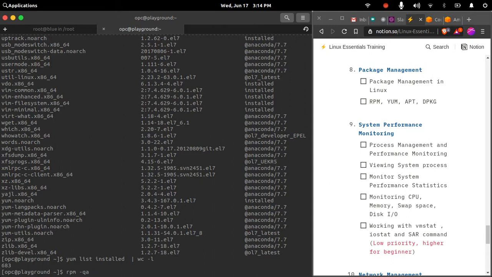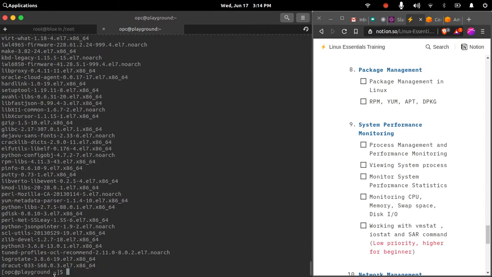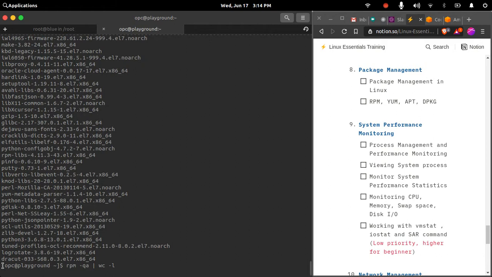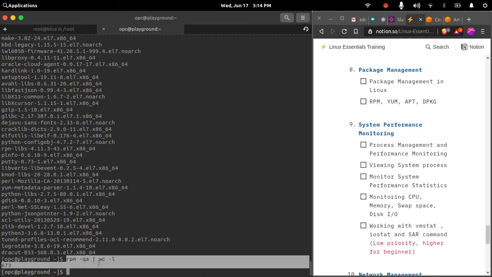So rpm -qa will query all the available packages on this system. If you see, by those options qa, I am able to query all the available installed packages, and similarly I will do a word count -l. So I will get a number around 600 something. In yum list installed, it also counted a few lines above which contain the heading of those listings. So that's why the number was 680 something, and here the package count is 673. So this is using the RPM command.